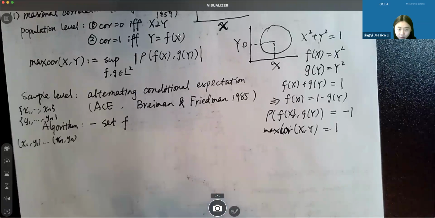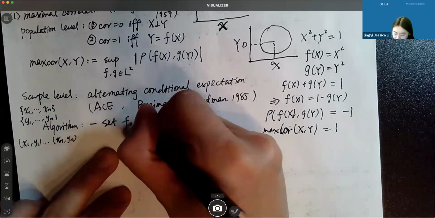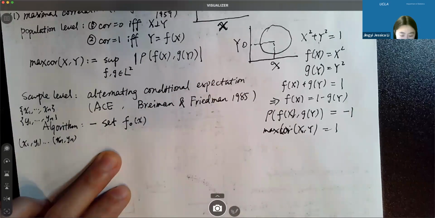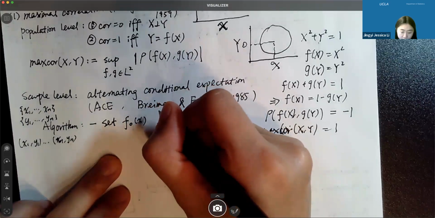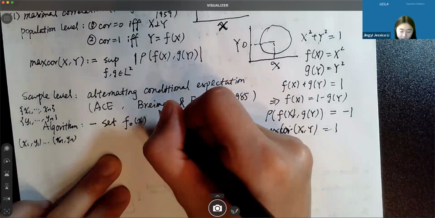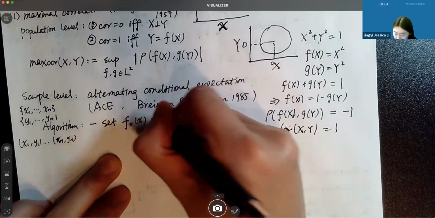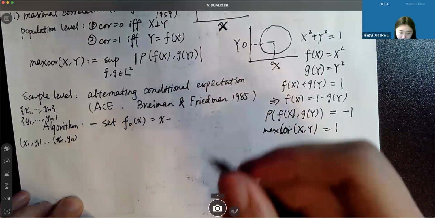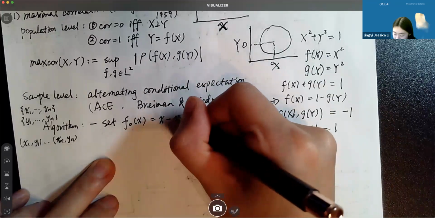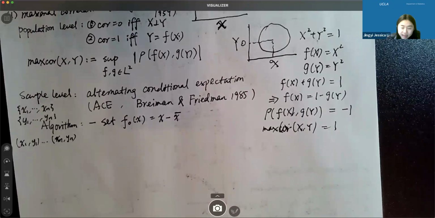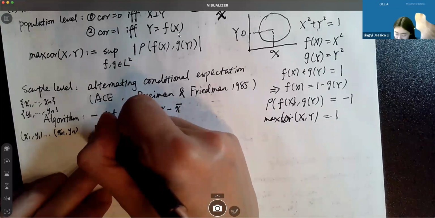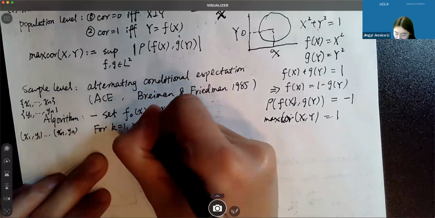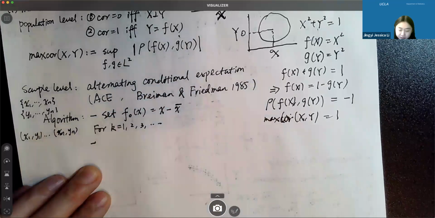So we first set the f0 of x just by defining this as x minus the mean, minus the center of x. This x bar is the average of x1 to xn. That's the initialization. And then for k from 1 to 2 to 3 and so on, in the kth iteration,